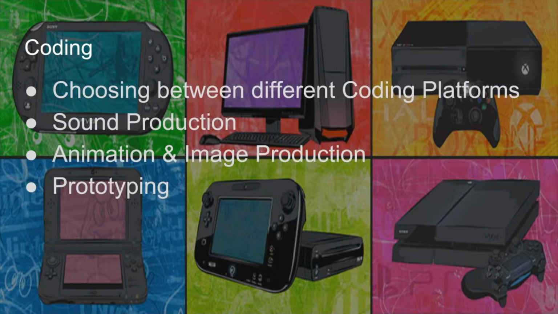The third area is coding. So this is where the students actually code the video game itself. They're going to take a look at the different platforms. They're also going to look at recording their own sound, manipulating their own sound files, creating their own animation and image for the game itself, and then finally creating a prototype level by level so that we can move into